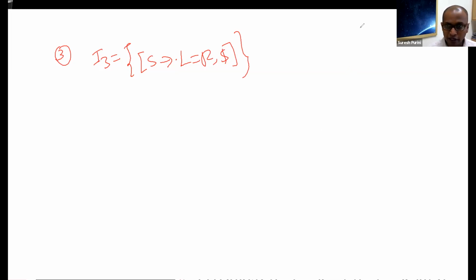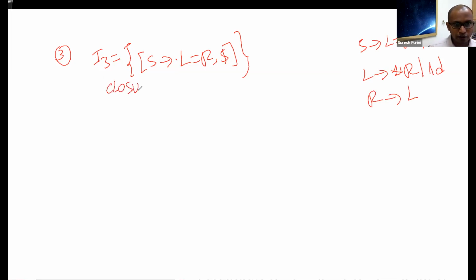And what's the grammar that we have? This is the grammar. So now let's see. We want to compute closure of I3. So we start with S goes to L equal to R dollar.